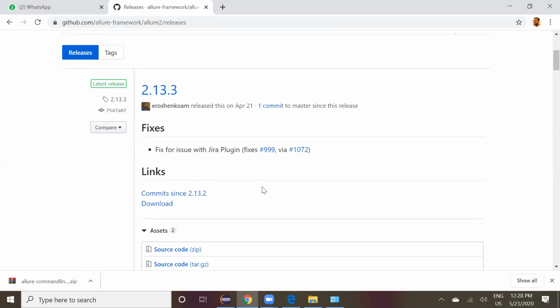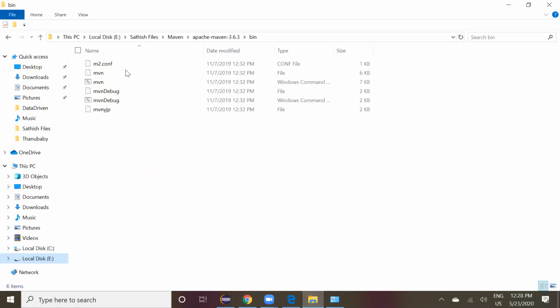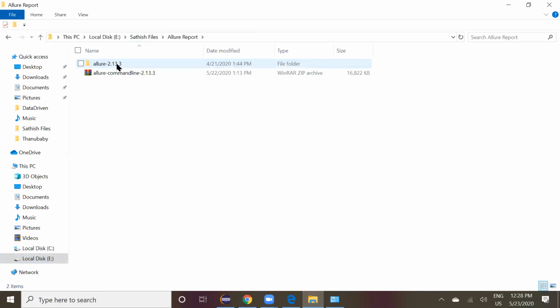Okay. Now you unzip that folder. You just copy the bin and paste it in your environment variables, the same procedure which you did last time.